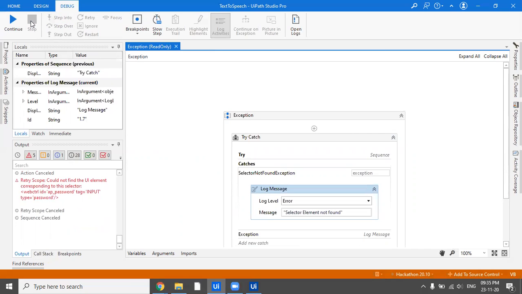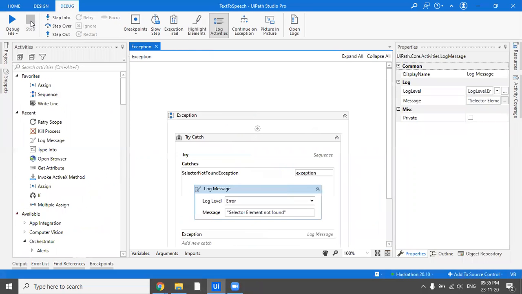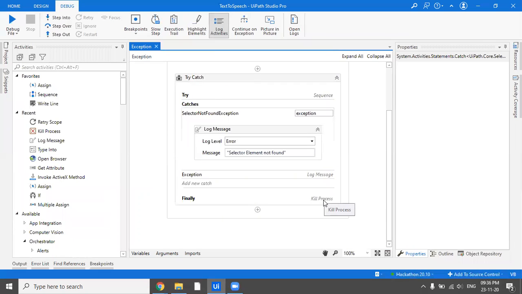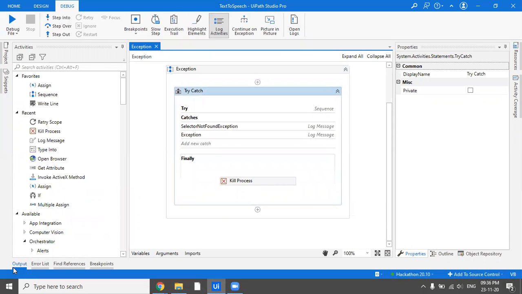So that is how you club everything up and make use of exception handling, and that's how you do good exception handling, so that if there is any scenario which can be resolved by retrying, it's better if you put a retry scope instead of just throwing the exception and letting the control go to the catch block and then from there to the finally block. As of now, because we had kill process here in finally, but because I stopped the program, it did not kill, but finally gets executed every time.